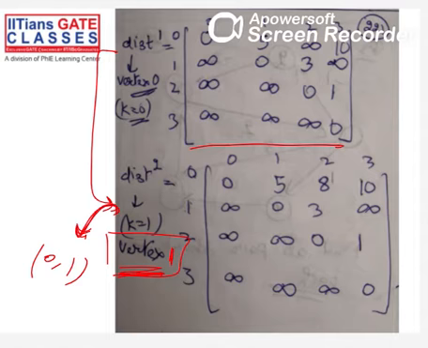Guys, now can you try it? Okay, just try to get D2. Just try to get this matrix.